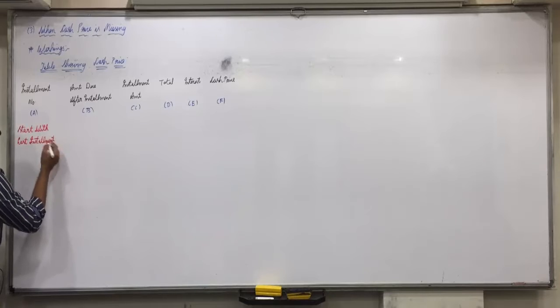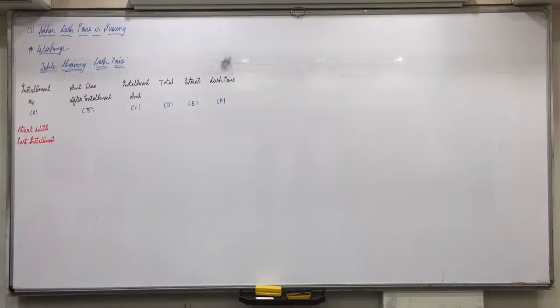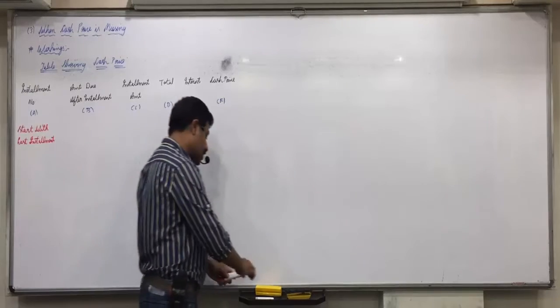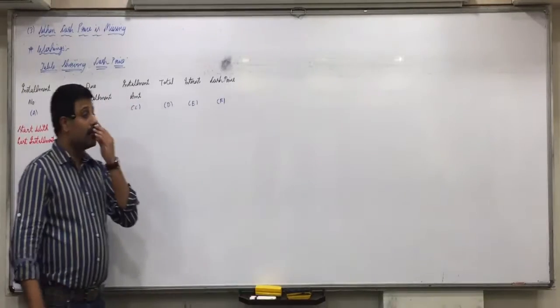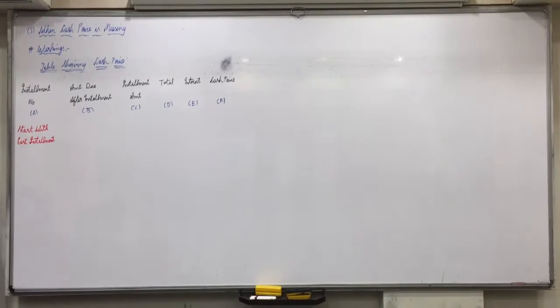This chapter you are studying in FY BCom accountancy, when I was in 11th and 12th, we had in the mathematics subject in 12th standard. So we used to do workings of the same kind, but not in table form, only in working note form. It was a one and a half page working. This is more simple for you. Start with the last installment. If there are 3 installments, you will not take installment number 1, 2, 3. You will start with installment number 3, 2, 1. The very first thing to remember is you start with the last installment.